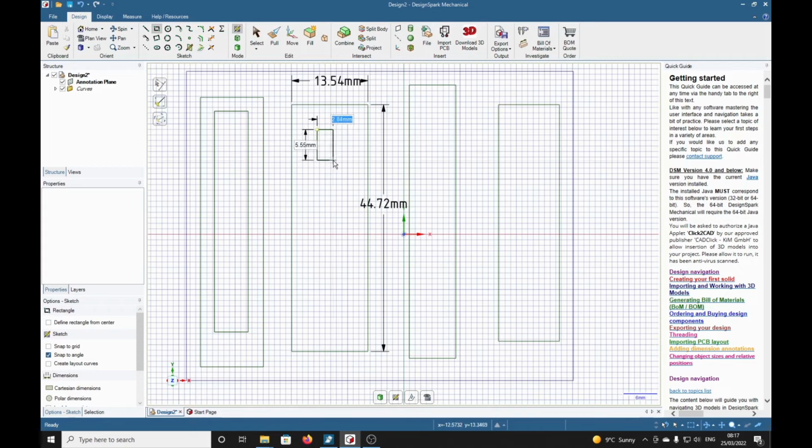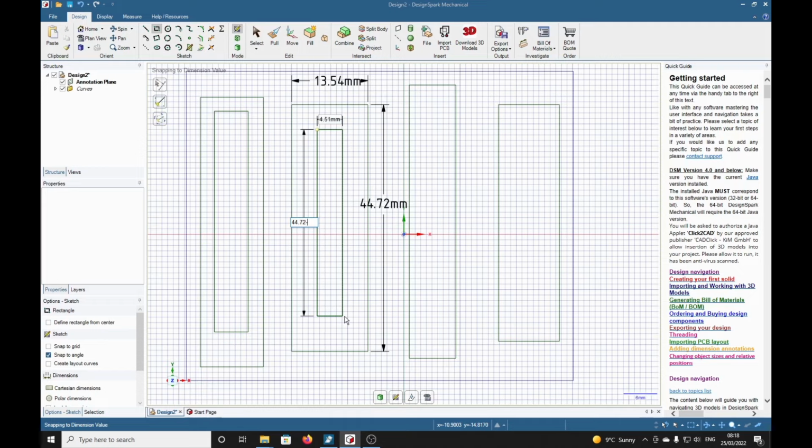Now, without pressing any buttons on the mouse, just drag, and again we enter 4.51, tab, and then again it is the height 44.72, which is the height of the main rectangle, and this is going to be minus